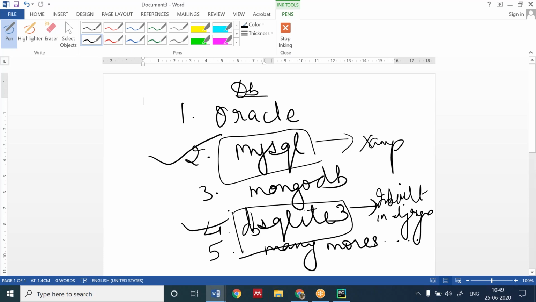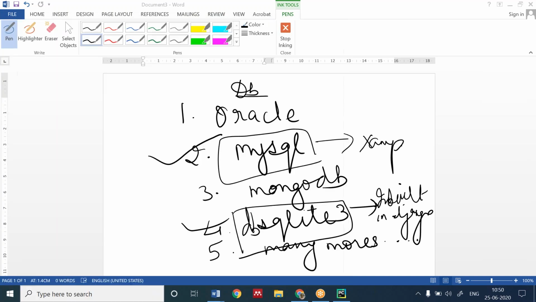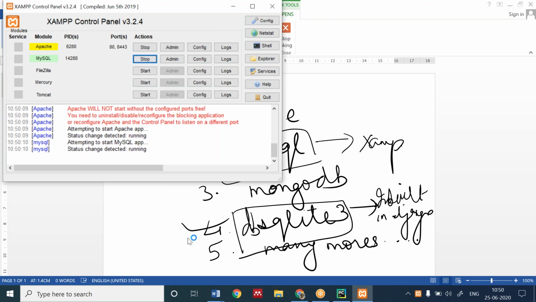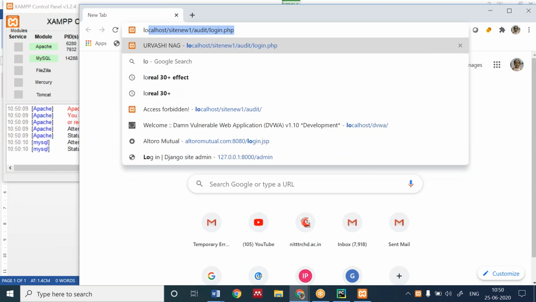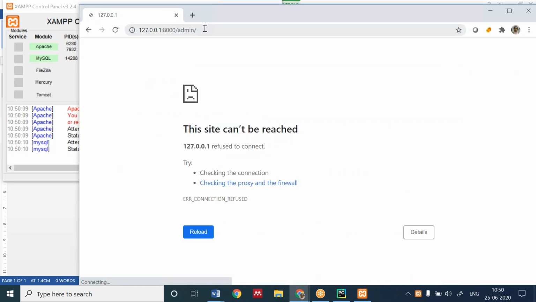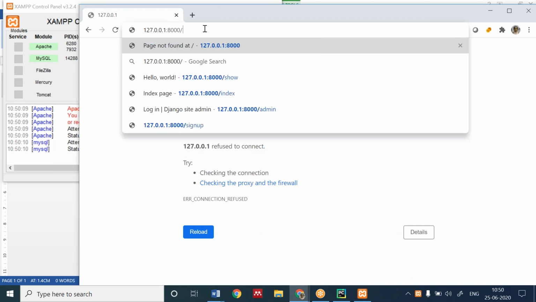For MySQL, I have told you to install XAMPP. Why have I told you to install XAMPP? You can see here, I'm opening my XAMPP control panel and starting my server, my database. It has not started.